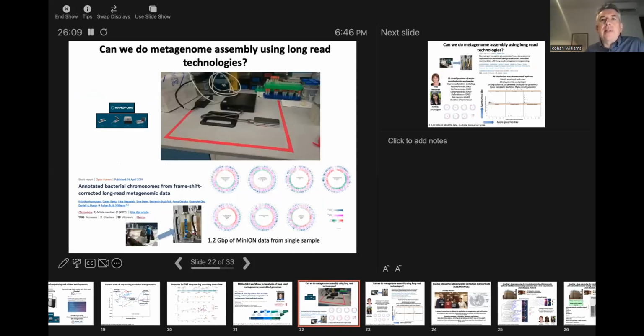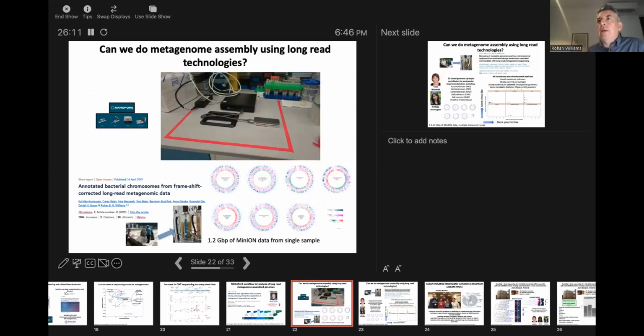And that was very exciting because from as little as 1.2 gigabase pairs of MinION data, which took about a day to generate on one of these benchtop instruments, we were able to capture complete closed genomes from the top 7 members of the community, which was really, really exciting. And those genomes just literally dropped out of the assembly algorithm in one piece, which again, I was blown away by. I thought this is really, really exciting stuff.